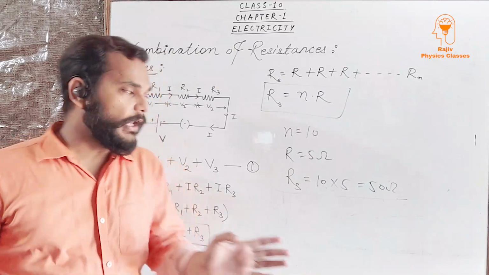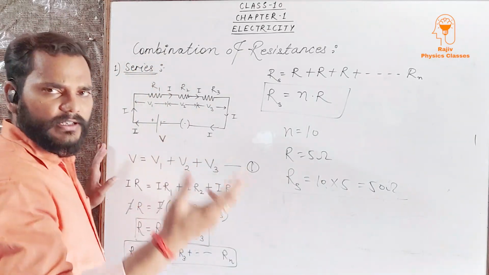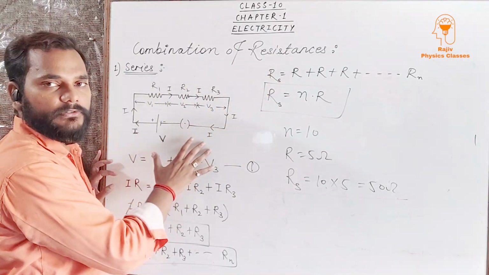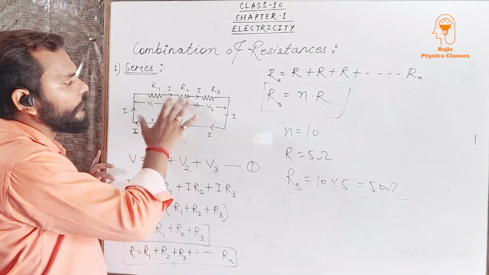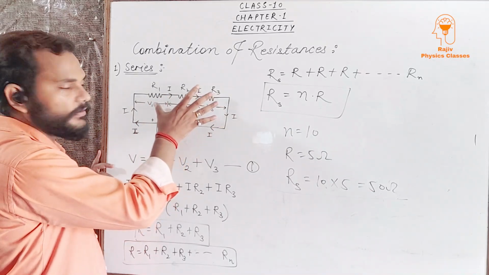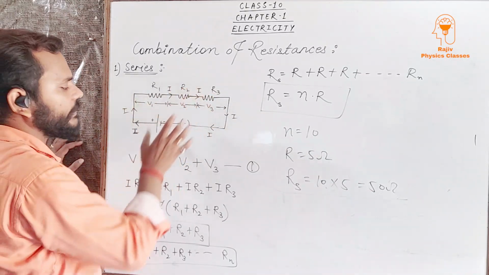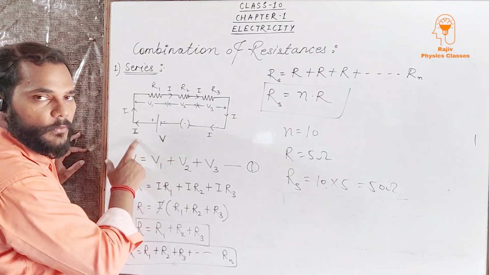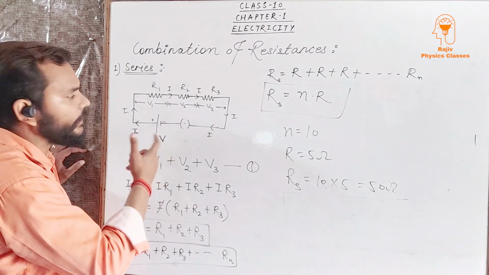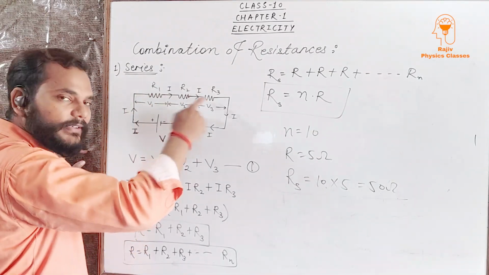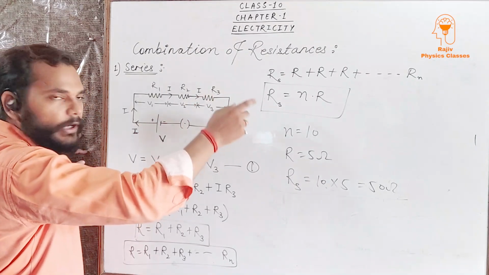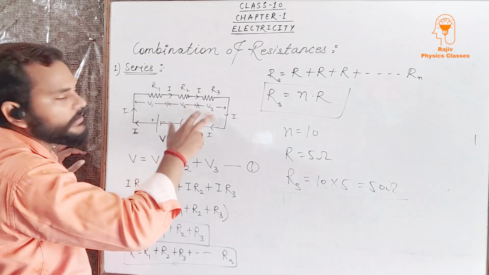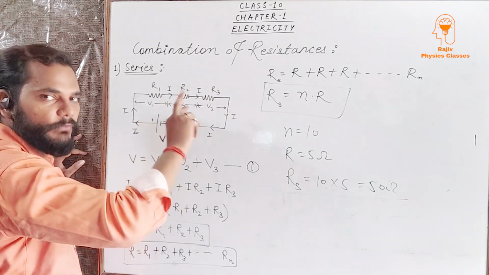How did I derive this formula? We have taken a circuit diagram for 3 resistances. You can also derive it for 2, for 5 or for many more. I have derived it for 3 resistances here. For that we have taken R1, R2 and R3. This combination of 3 resistances I have connected to a supply of V volt along with a switch. Through this cell, the current I passes as it is through resistances R1, R2 and R3 without any change, while the voltage across individual resistances will split up, that means V1, V2 and V3.